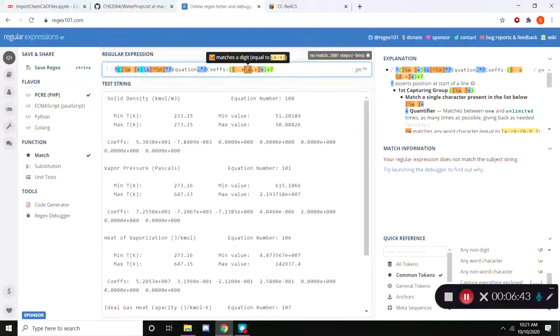So yeah, here we're looking for our digits, decimal, and then the plus sign. So digit, decimal, or digit with a decimal, and then an E with a plus sign. Woo! Getting fancy here. Okay, so now that we've defined our regular expression, we're going to take our regular expression and